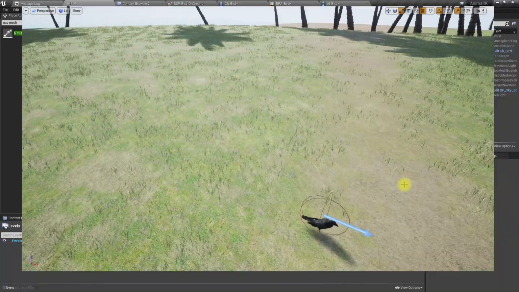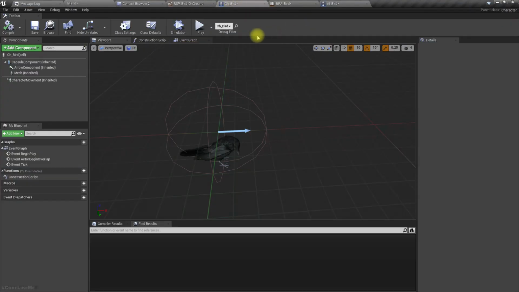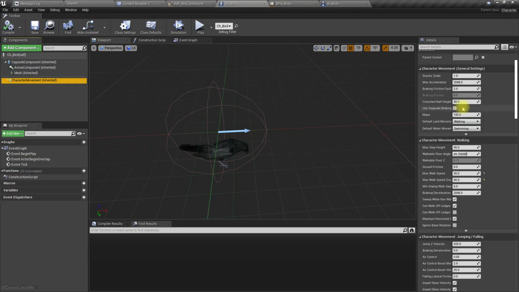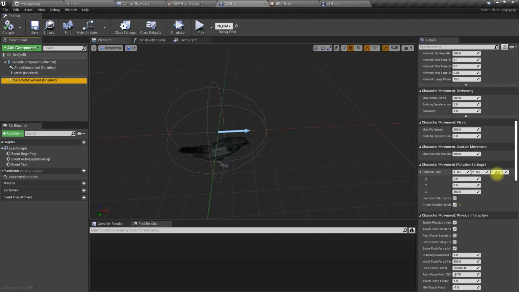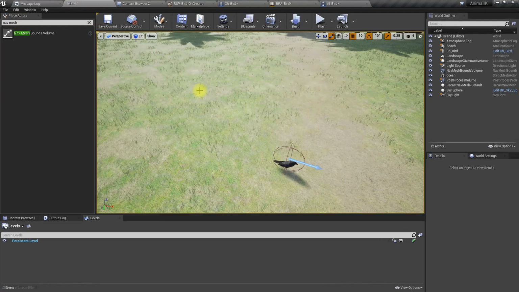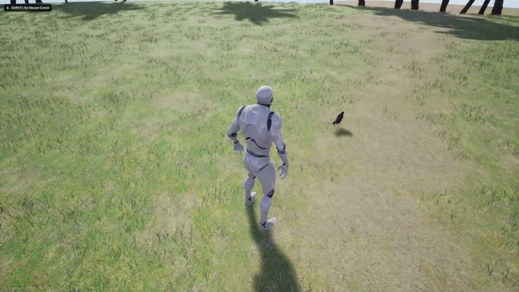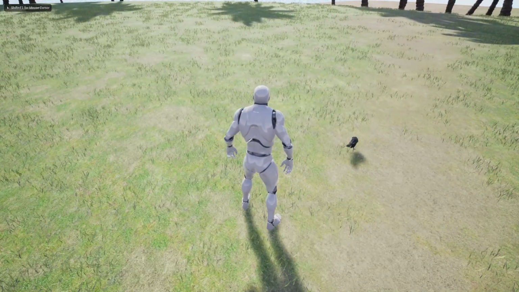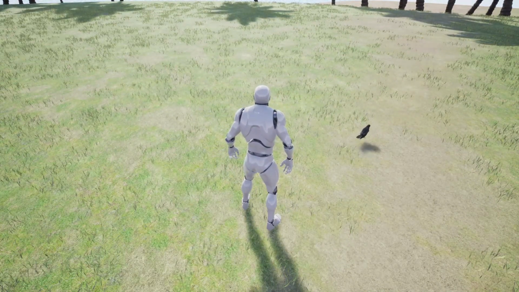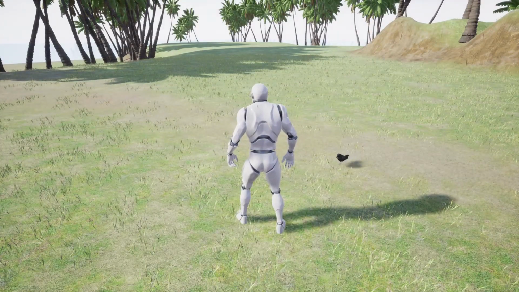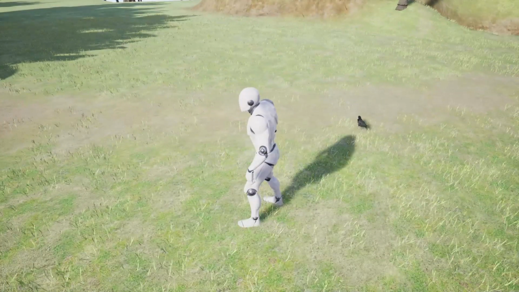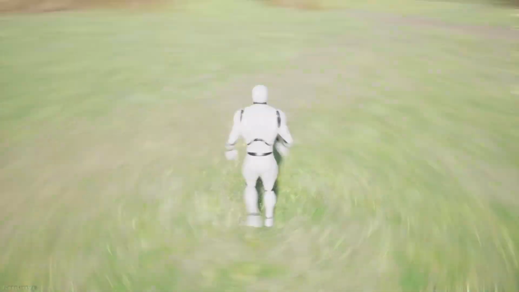And he's turning too quickly. So we have a rotation rate somewhere. Let's say something like 30. Still too fast.